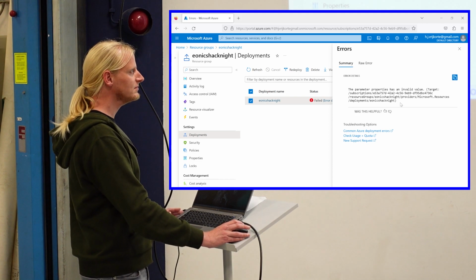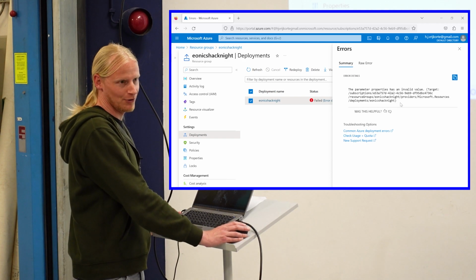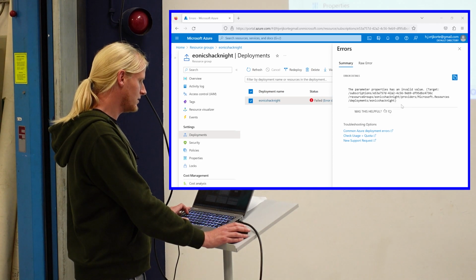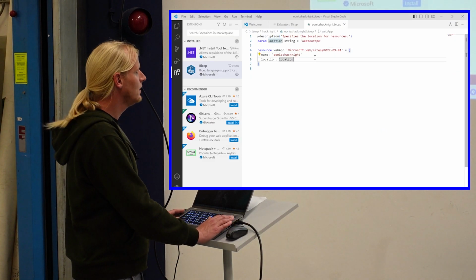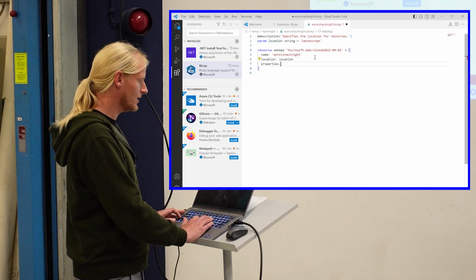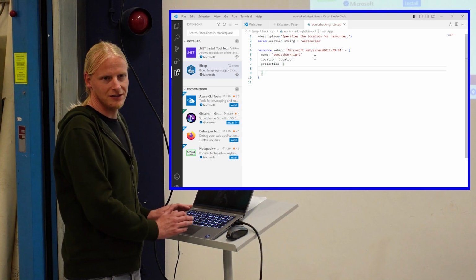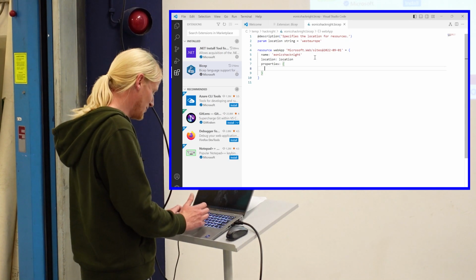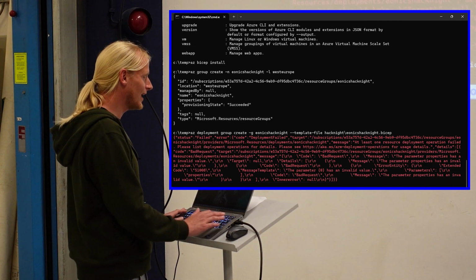This is a little bit odd in Bicep. I wanted to show this just in case you encountered it. It's a little bit strange because it never showed this as a required property, but actually this thing is also required. It doesn't have to contain anything, but it must be present. Otherwise your deployment will fail. So, for purposes of the demo, now you know this. And I can deploy it again.